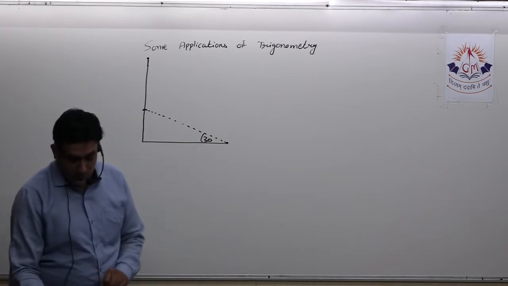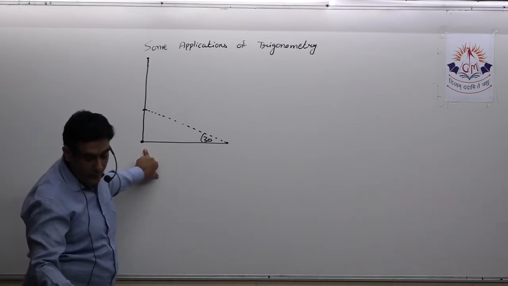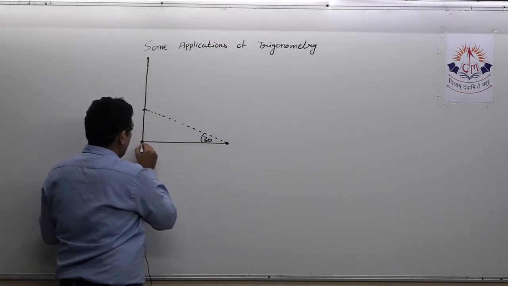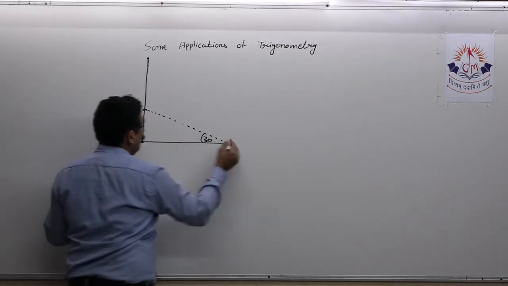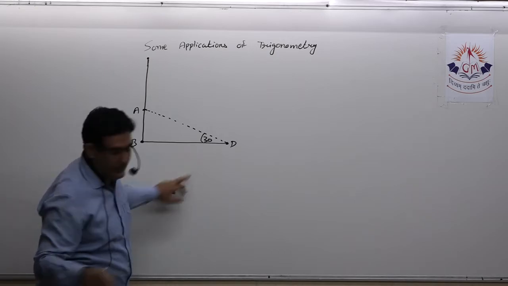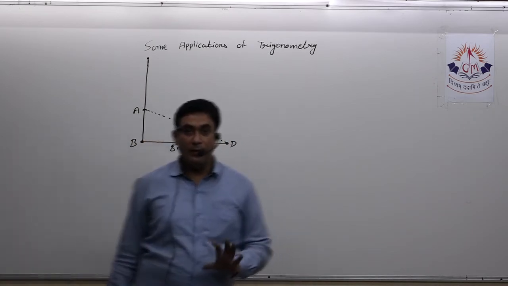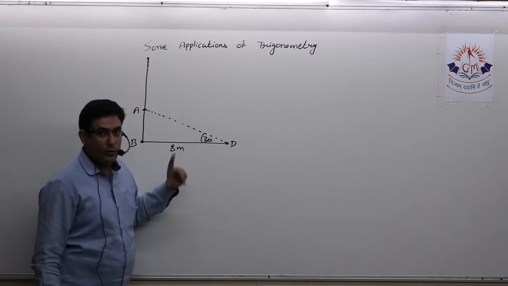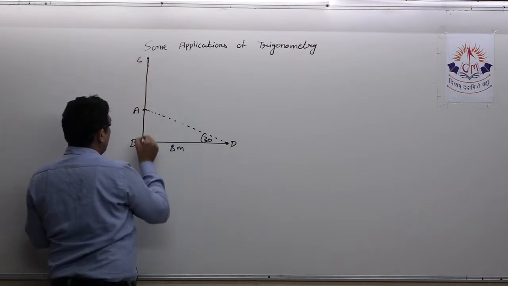Okay, the distance between the foot of the tree, this is the foot of the tree, and the point where the top touches, that means this, if I name it, this is A, B, D. So this BD is given. How much is it given? 8 meters. What we have to find? The height of the tree. That means what we have to find? AB or AD or what? Actually, if I say this point is C, then actually I have to find BC.